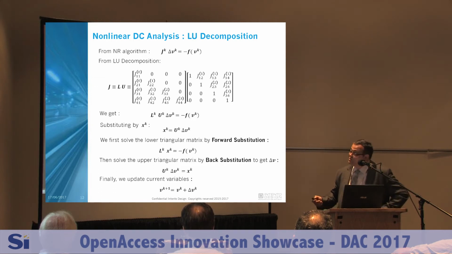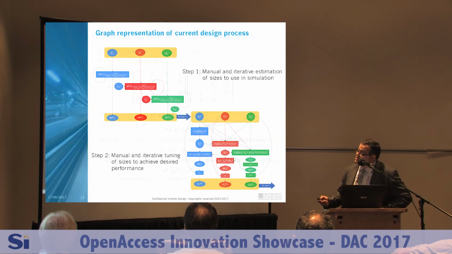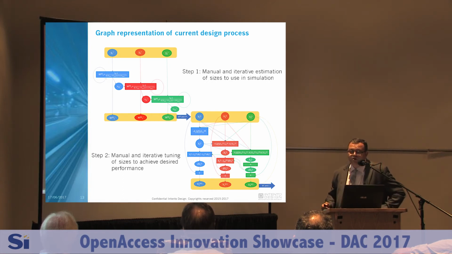So we did something simple. We tried to represent this as a graph. And we found that it's a very complex graph, actually. This is what represents the computations inside the simulator at each iteration. We see here X1, X2, X3, this is the forward substitution. V3, V2, V1, this is the backward substitution. So we have to do forward, backward, and then the next iteration. So this is a really complex